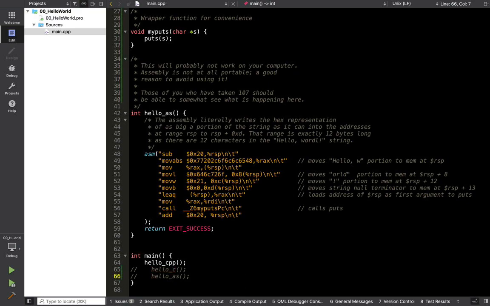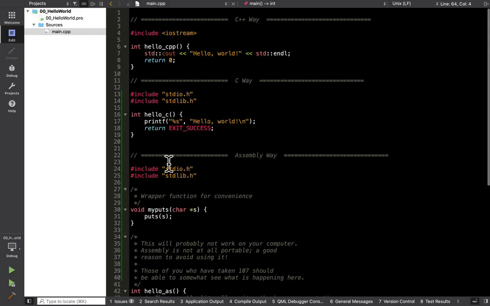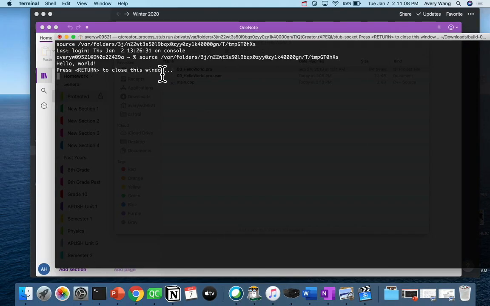Okay, perfect. So what's happening here, you might be familiar with a main function. If not, it's the place where your program starts. Right now we're just going to be executing this top function right here, which we said is the standard way that you want to print things out in C++. We can run it with Control R, and let's see what happens. Perfect, and it prints out hello world.